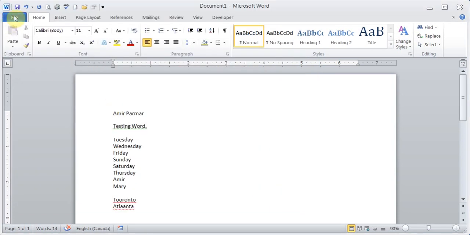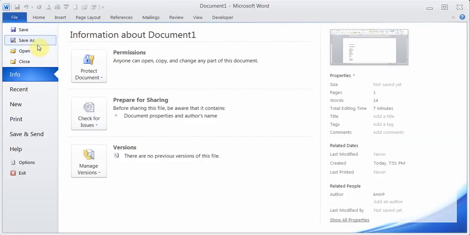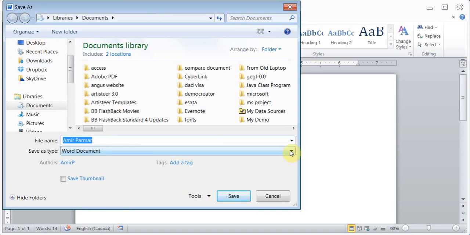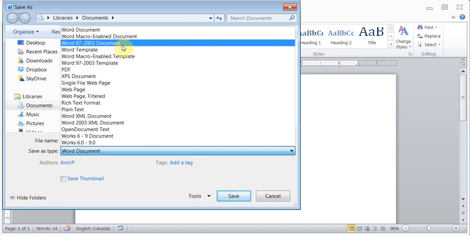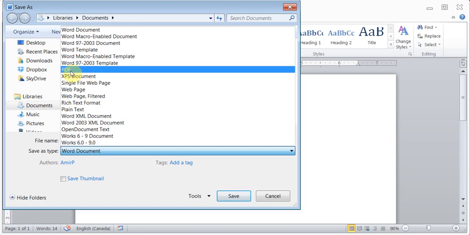They'll also ask you questions about Save As. Now in 2007, when you point to Save As, it gives you a window from which you can choose that you want to save it in Office 2003 format, so that everybody can open it, because the 2007 format cannot be opened by the 2003 Word by default. But in 2010 I'll click on Save As, and then from this drop down button I choose Word 97-2003 document. If they ask you to save it as a PDF, you can choose PDF. You can do the same thing in